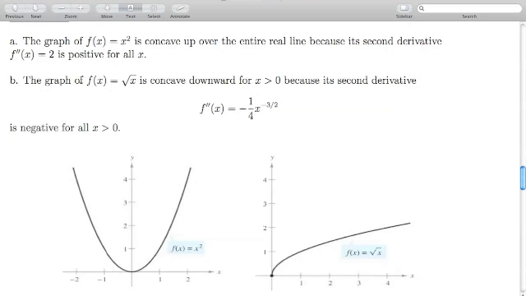In part B, we're looking at the graph of f of x equal to the square root of x. Now, this is going to be concave down for all of your positive x because the second derivative is going to be given by this. This is going to be negative for all of your positive x. So again, this f double prime